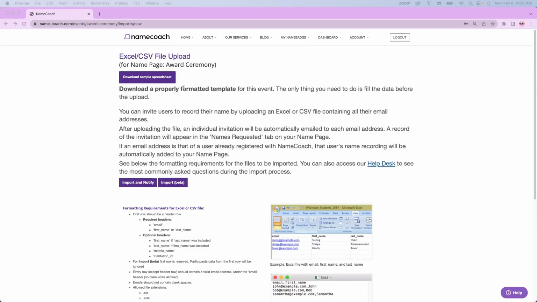As you can see on this page, you have the ability to download a sample spreadsheet, and this is why you're always going to want to go to the Admin tab first to make sure everything is already customized as you'd like it to be, so that when you download that sample spreadsheet, it has all of the information that you want on it. Once you have your sheet ready to go, you have a couple options here to either import and notify or import your list and wait to send out the invitations. When you go with our import and notify option,